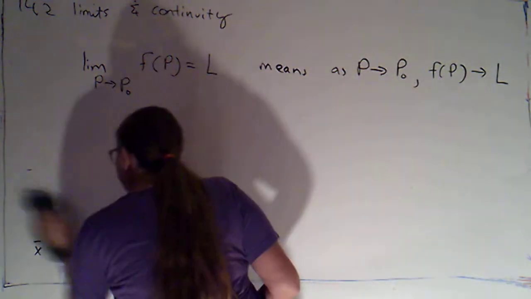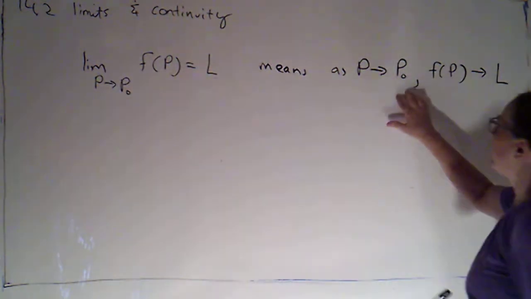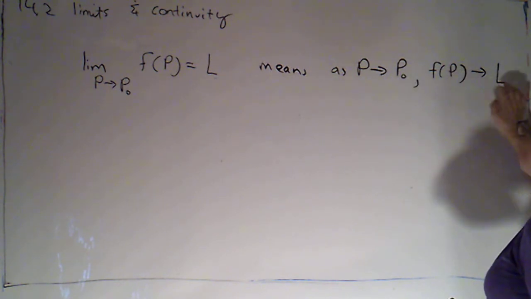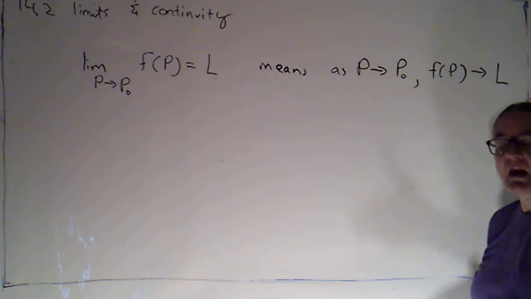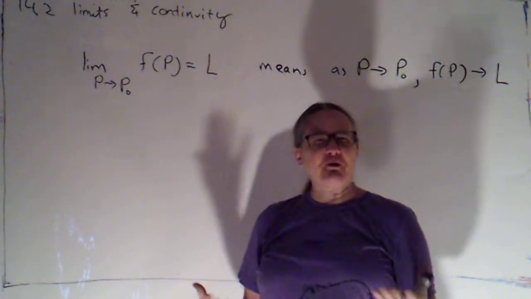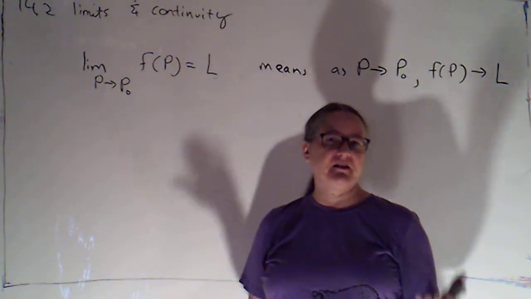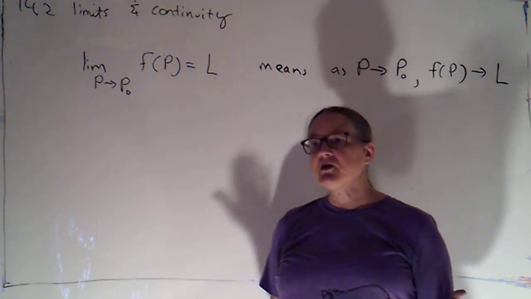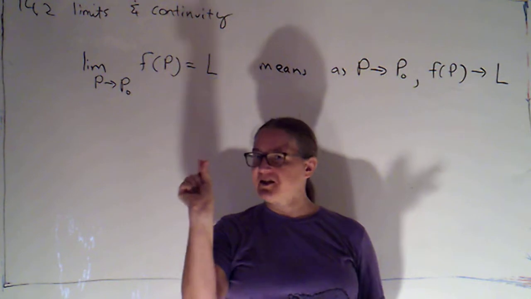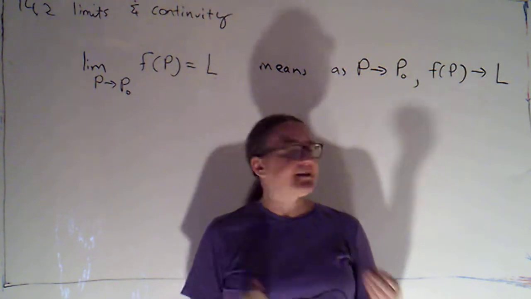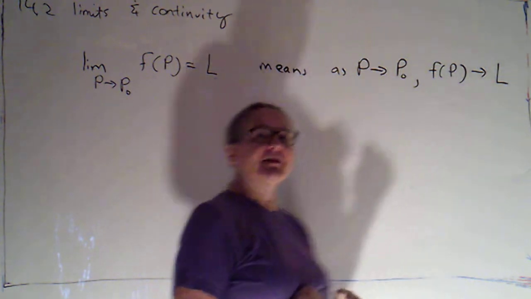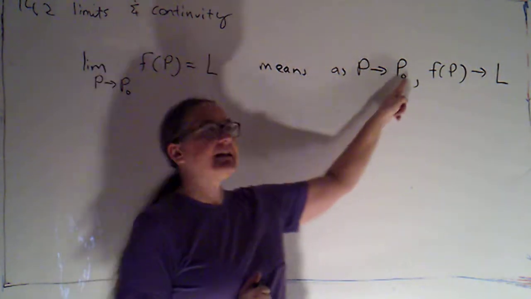Now, this is sort of informal, because this just says as P gets close to P naught, f of p gets close to L. The formal definition of a limit has to formally define what's meant by closeness. Okay? And to do that, we introduce two variables, which are going to be our standards of closeness. One standard for how close the output gets to L, and one standard for how close the input gets to